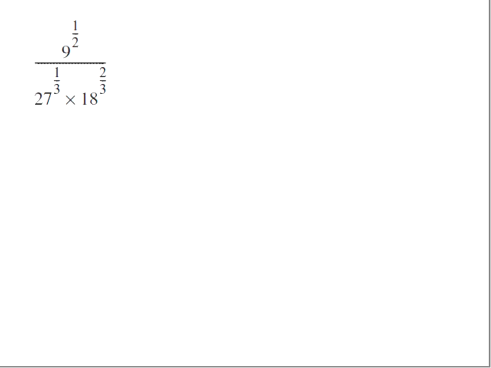Alright, here we have expression with fractional indices. So I'll just go through this question. Look, you have 9 to the power of half. Notice that this is 9, and we know that 9 can be represented as 3 squared. So 9 equals 3 squared. So instead of having 9 to the power of half, we can write 3 squared to the power of